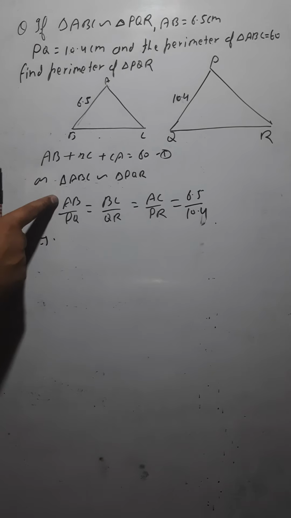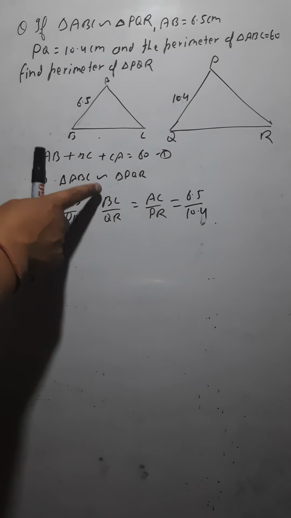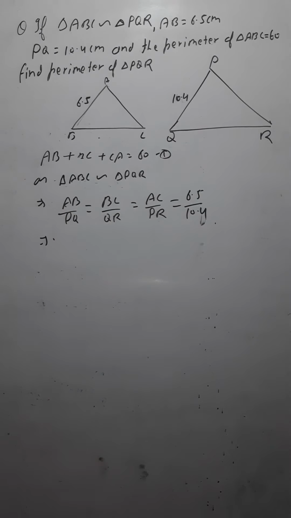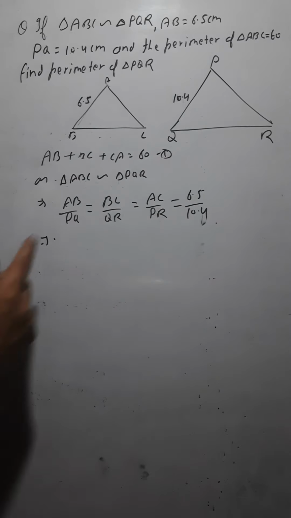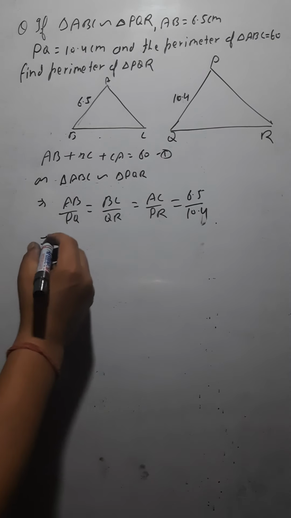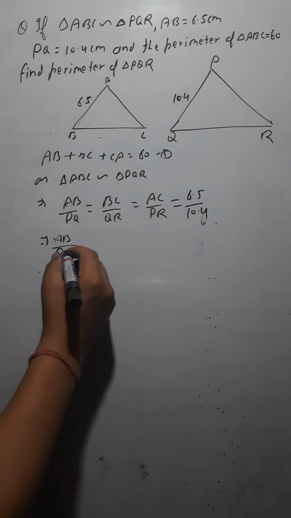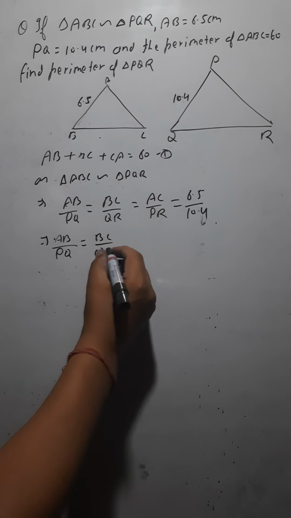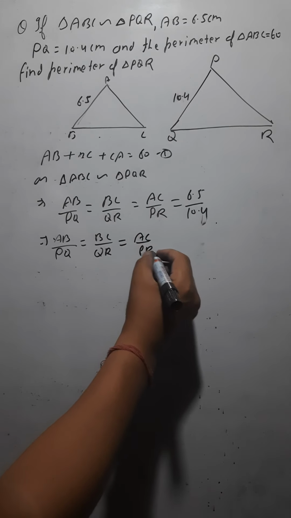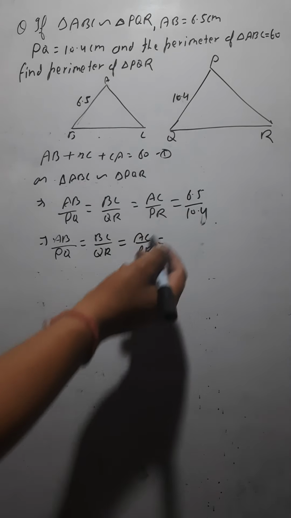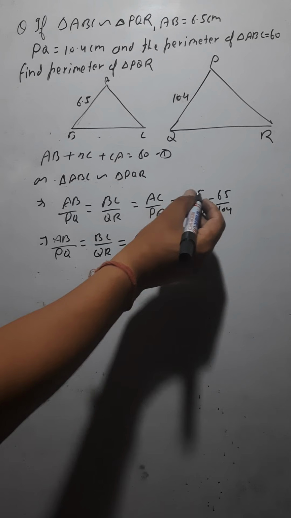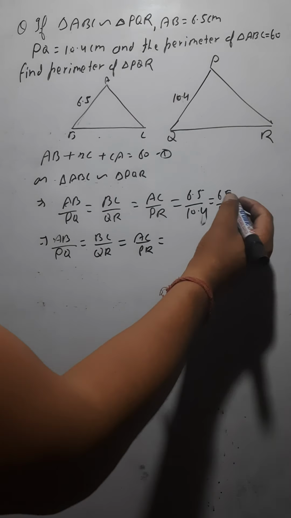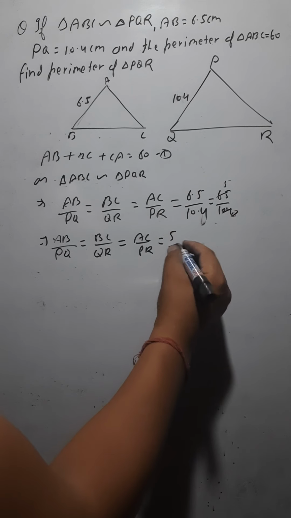I mean the ratio of AB by PQ that you are getting, all would be having the same ratio here. That is why I have written equals to there. Because the value of AB by PQ has been given as 6.5 by 10.4, so all are equal to this, isn't it? Now let me simplify it. AB by PQ equals BC by QR equals AC by PR, and if you cut it, you can write it as 65 by 104. Both have one place after the decimal, so you can cut it by 13: 13 fives are 65 and 13 eights are 104, so the ratio would be 5 by 8.